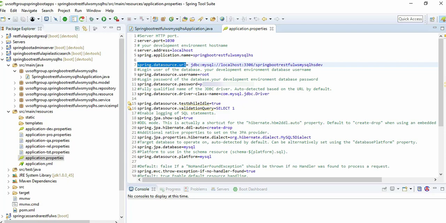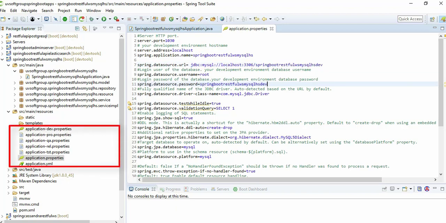So this is the MySQL, and this is the database name in the development environment. It is the user root, and this is the property, the password, and this is the password for your development environment. And that's all, and then you use the MySQL driver, but nowadays